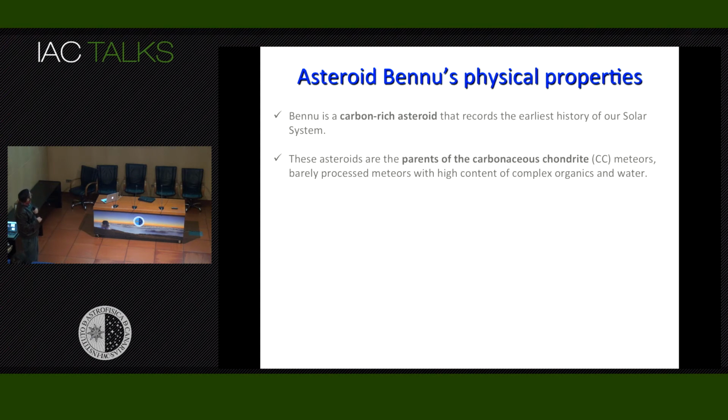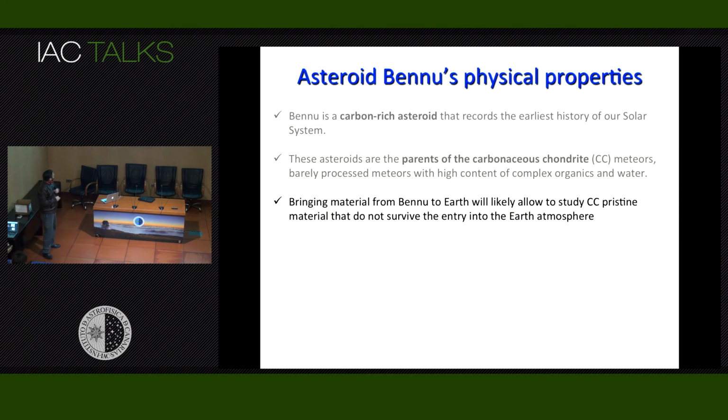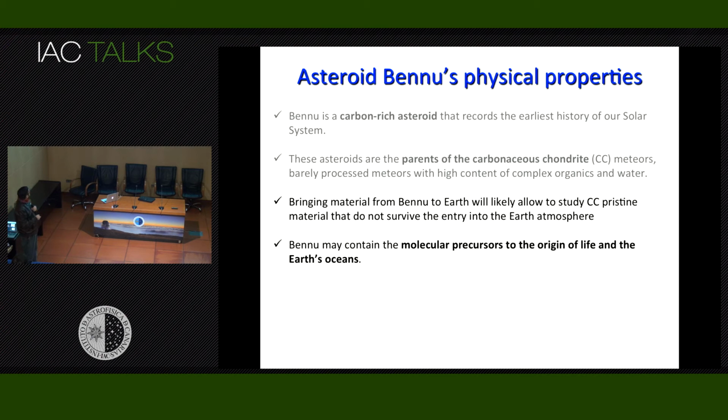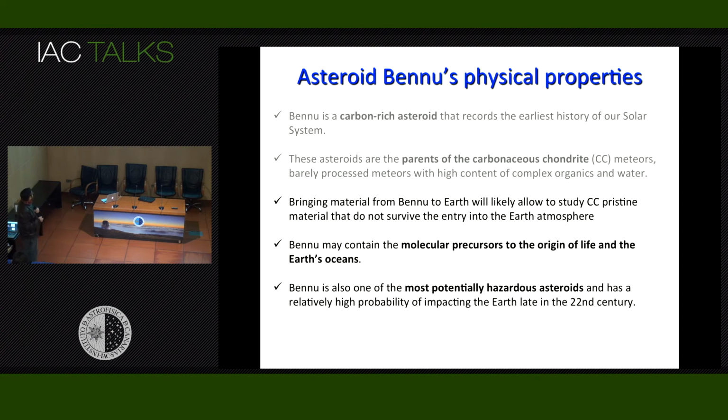So we already know that Bennu is carbon-rich, that it is a parent of carbonaceous chondrites. Bringing material to Earth is very important because it's the only opportunity to study this weak, pristine material that does not survive entry into Earth's atmosphere, and that may contain the precursors of the origin of life and the Earth's oceans. And as Bennu is one of the most potentially hazardous asteroids,